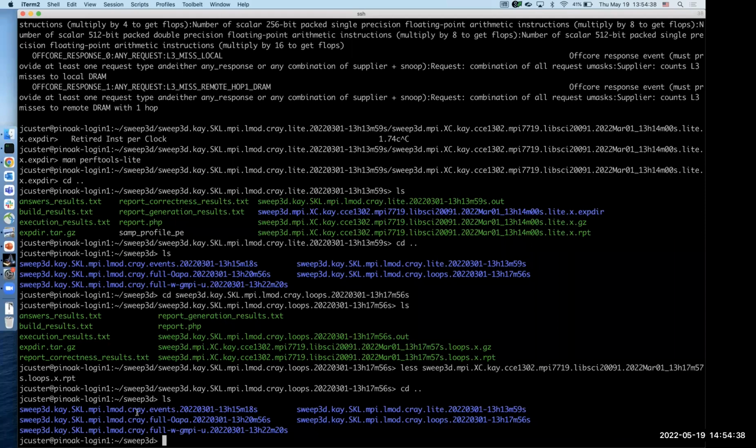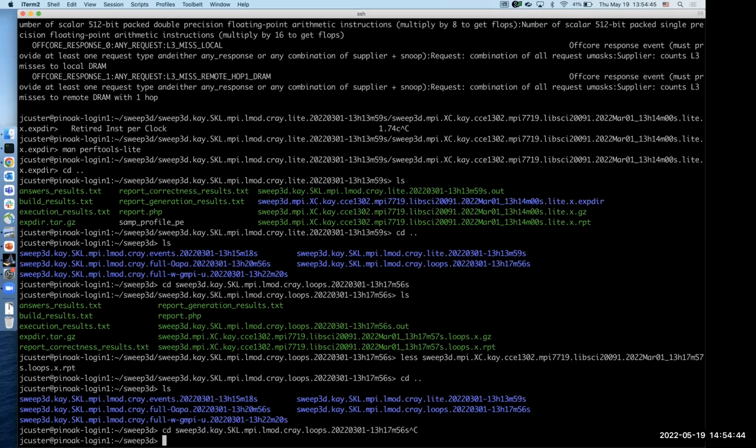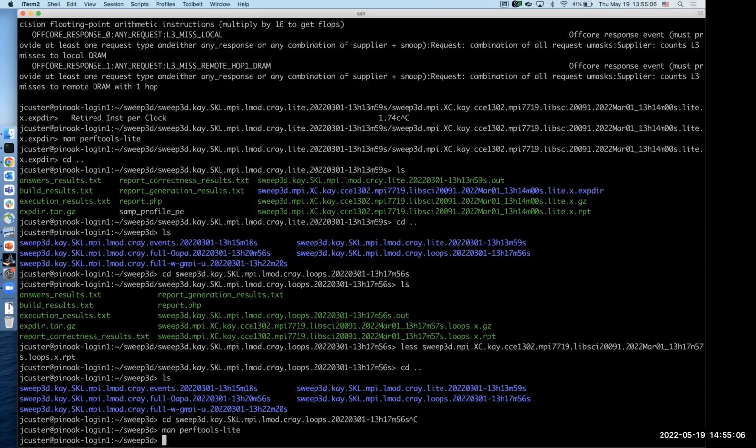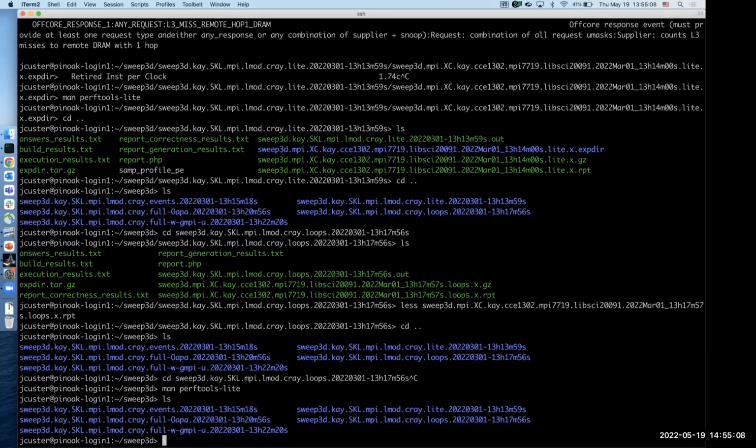With tracing, that's what we call the Perftools-lite-events experiment. So Perftools-lite is sampling, Perftools-lite-events is tracing. So if we look at the events,